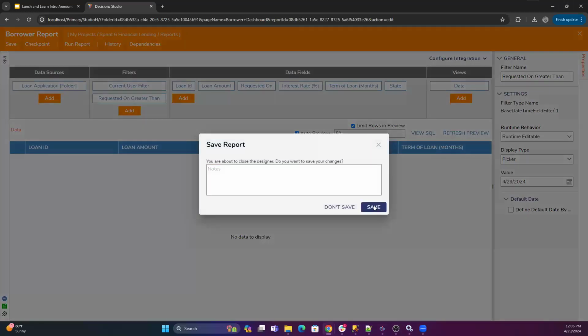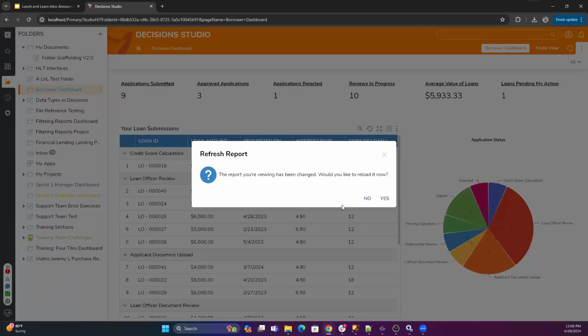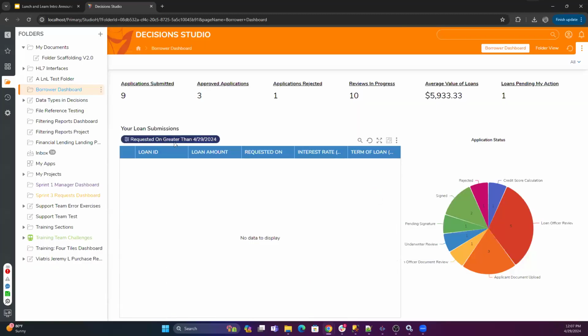But then when a user is looking at the report, they'll actually have this little pill bar up here where you